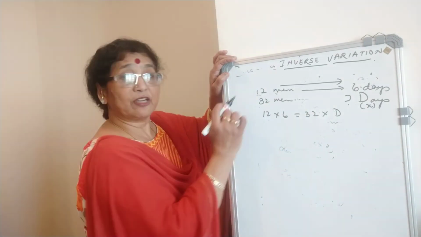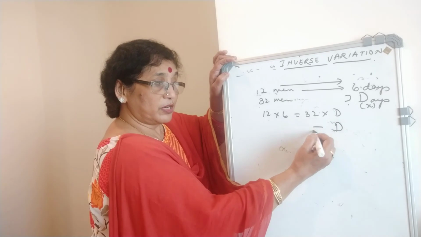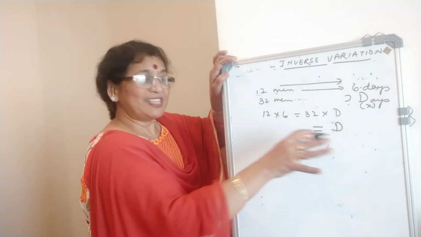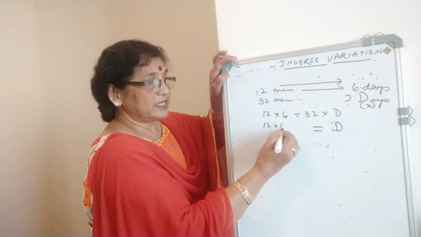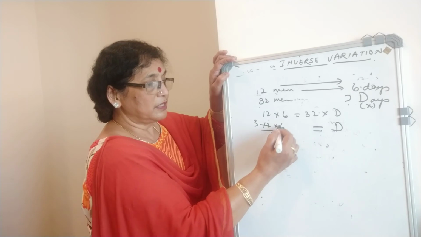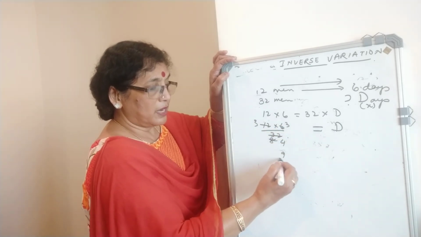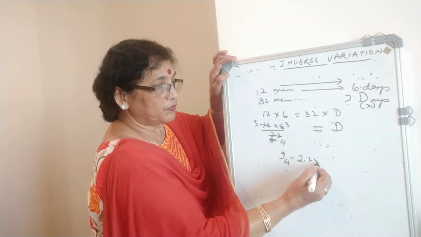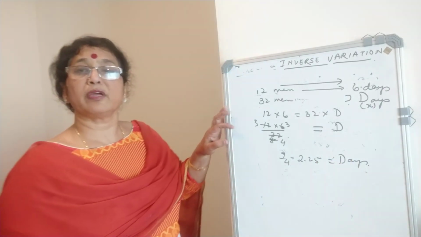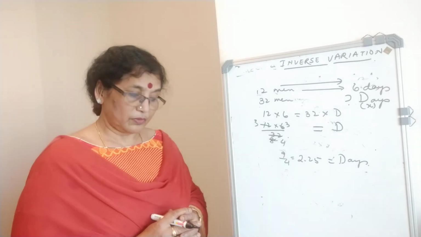So again, as I told you, days equal to, it is on the right side, let it be on the right side. Don't waste your time. 12 into 6 divided by 32. 4 3s are, 4 8s are, 2 3s are, 2 4s are. 9 by 4 is 2.25 days. That means the number of days is 2 1/4 days. Okay. So